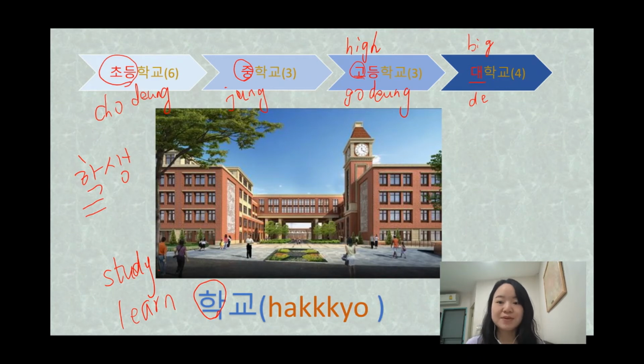Then, how many years in each step? Okay, first, elementary, it's 6 years. Then, middle school, 3 years. Okay, high school, 3 years. Okay, normally the university should be 4 years. Okay, now let's